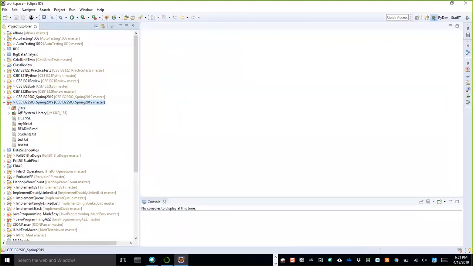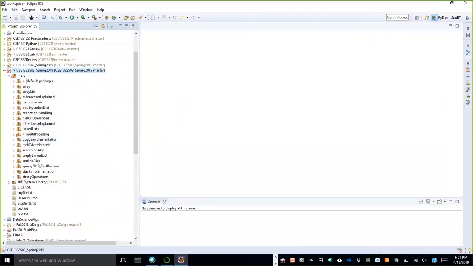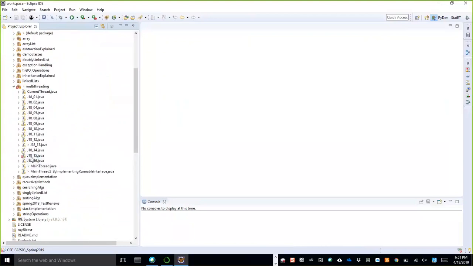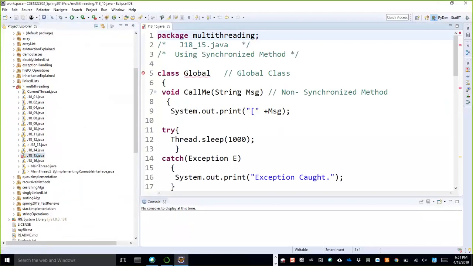When you see the cross sign, you will see it wherever you go in depth. Here the cross sign is on SRC. Click on SRC, and you see where the cross sign is. It is on this folder, on this package. Expand it, and you will see the cross sign on this program. If we click on this program, you will see the real cross. This is the actual position.